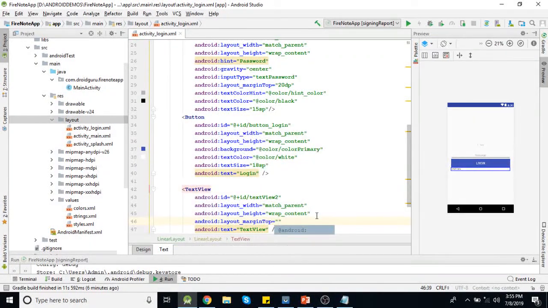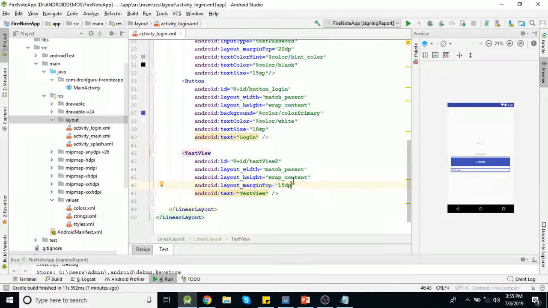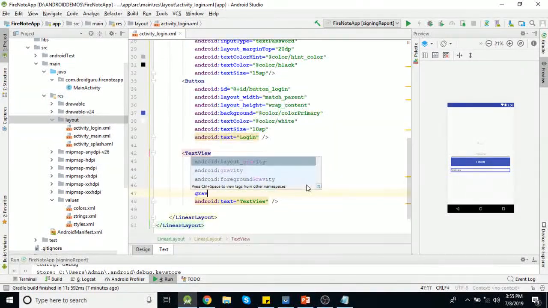Top margin will be like 15 dp, and gravity center.